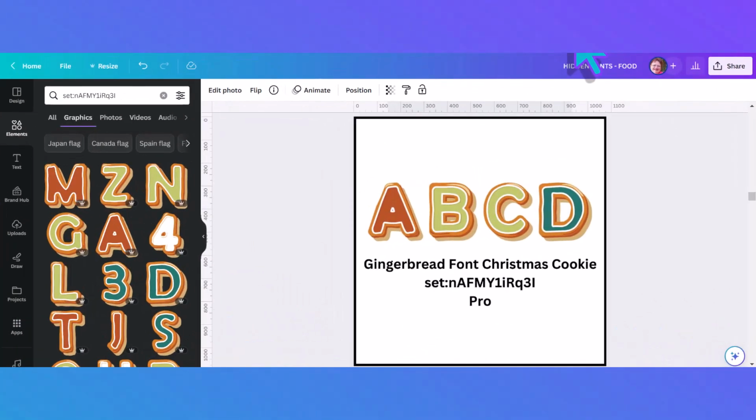This set of gingerbread cookies has a more traditional, just solid glazed look that might appeal in certain settings, and it's really quite 3D also, which not all of them are. So each one has its own unique appeal, and you can just pick and choose based on what your project